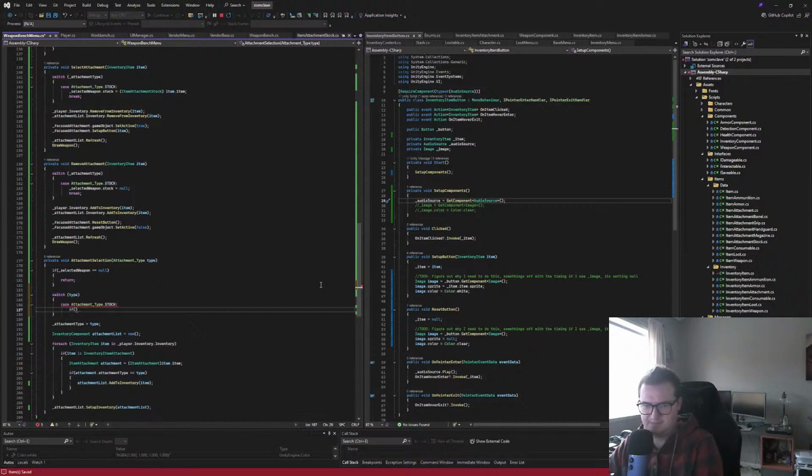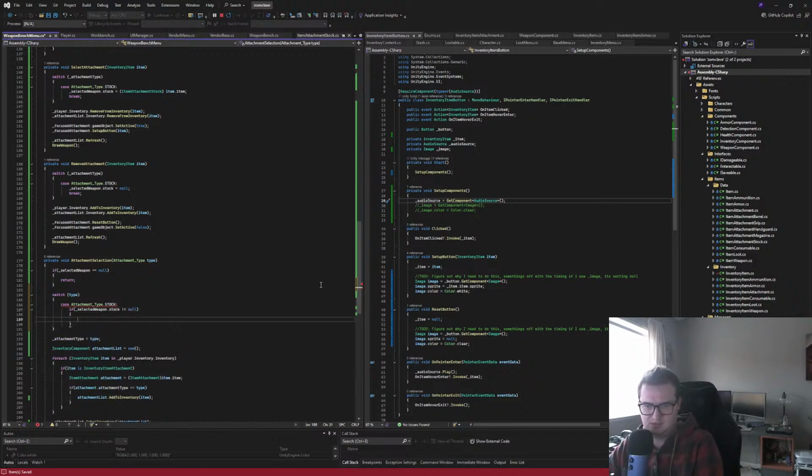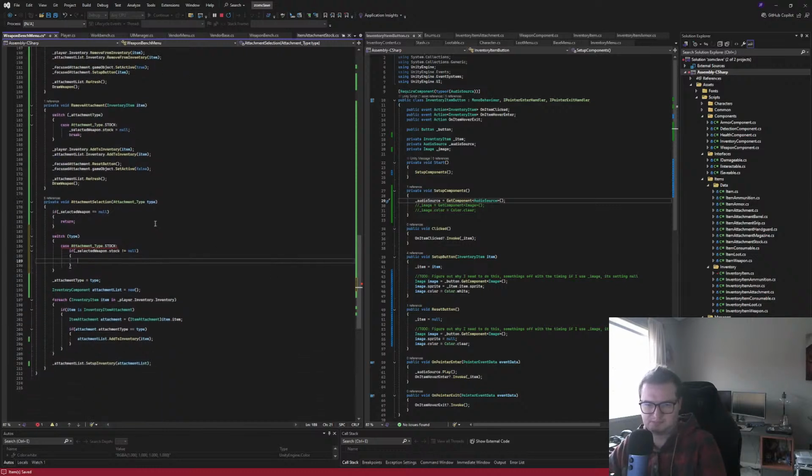If selected weapon dot stock does not equal null, then